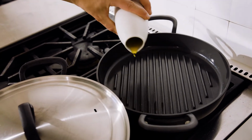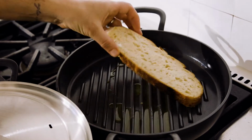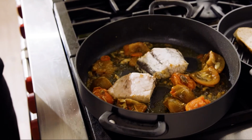So I've got a GreenPan grill pan that's been sitting up the back warming up, and I'm putting a little bit of oil onto there. I've got 2 thick pieces of sourdough that I made at home. I'm gonna toast that up till it's really golden, and we'll serve that with our seafood stew. So I'll flip this fish over,